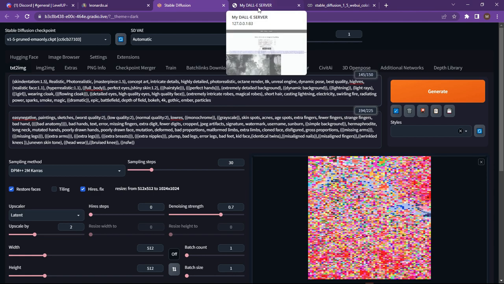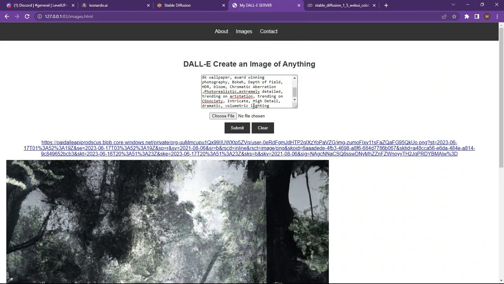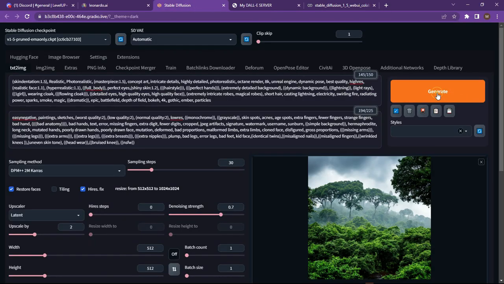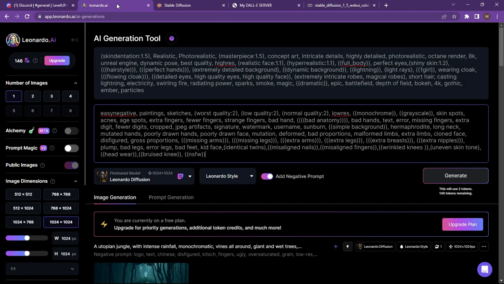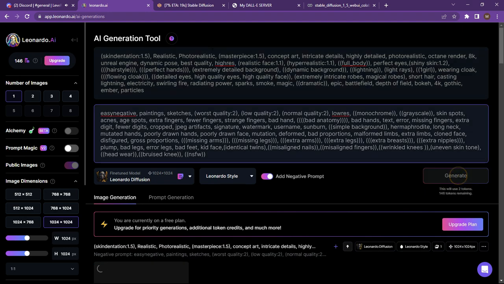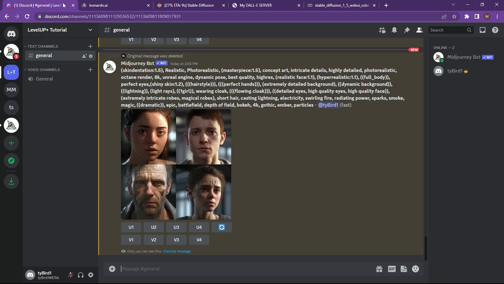All right, and Dall-E, we'll paste that in. All right, so let's hit submit on Dall-E. Let's do submit on Stable Diff. Let's hit generate on Leonardo, and let's see what this comes out to in